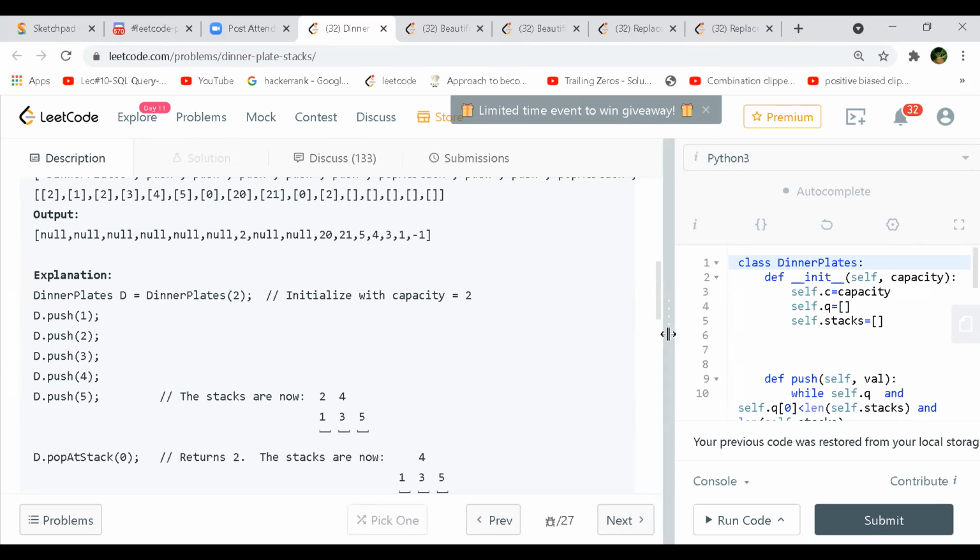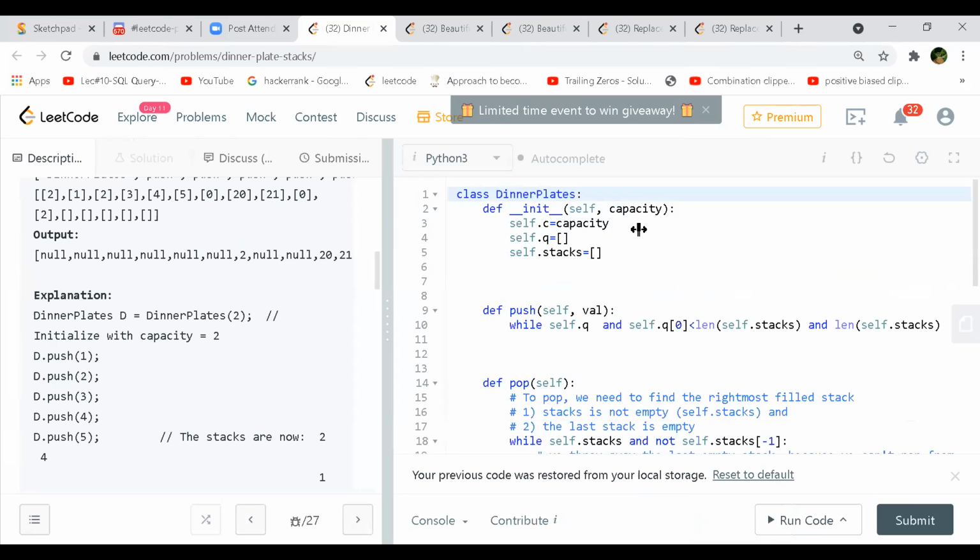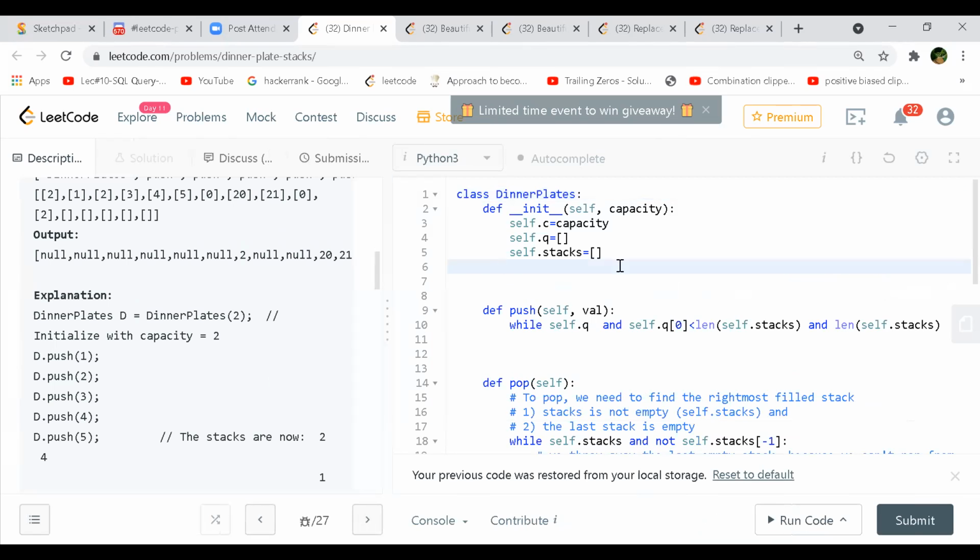Just going through one of the implementations. Before going into the implementation, you are saying that you used a list and a stack. Is it just a single stack or multiple? A single stack. So you are using a single stack and then a list. What does this list represent? The list will represent the queries queue, what you are pushing and popping, that will keep track of it. You can say I'm using two stacks, kind of like this.